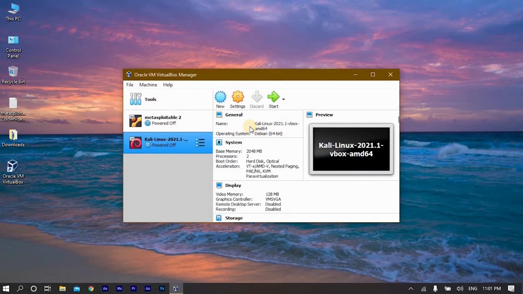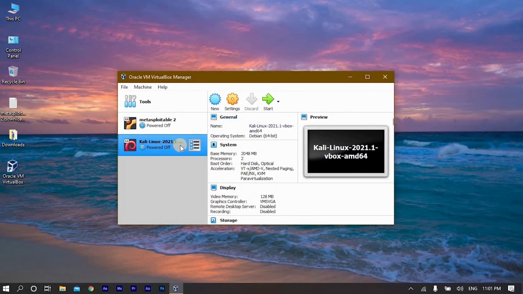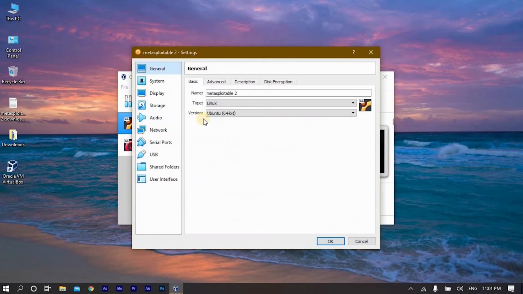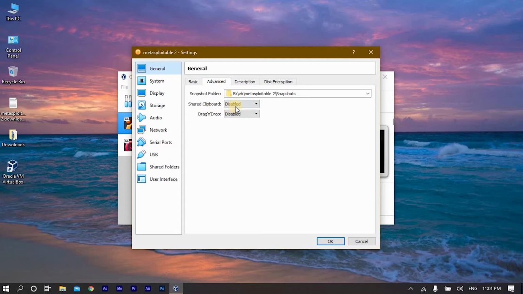Then open it again. Okay, so after everything is finished, now let's set up some machine settings. Now you go here, then you click on settings, then you choose advanced, then you go here and choose bidirectional,